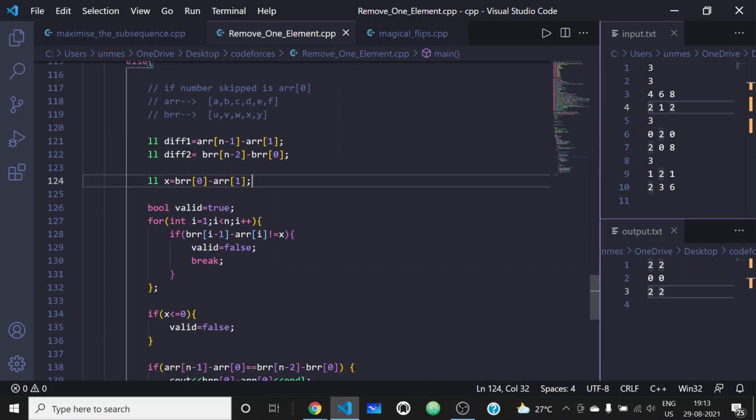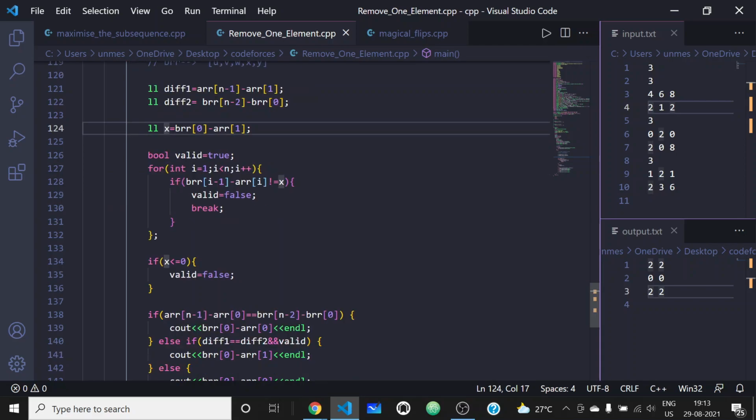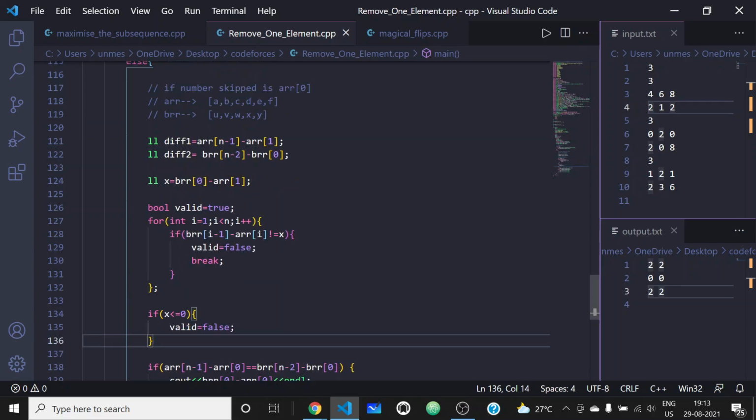I have basically taken the difference between these two to calculate a possible x, and I have also checked whether the differences between all of them are the same or not. So if this x is greater than 0 and the differences are all the same, then there is a possible x for which all these elements can be formed into this, right?